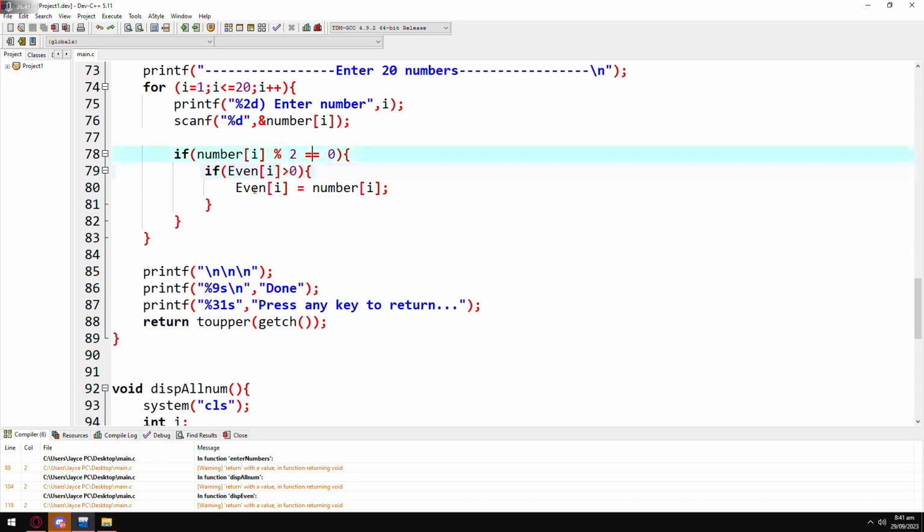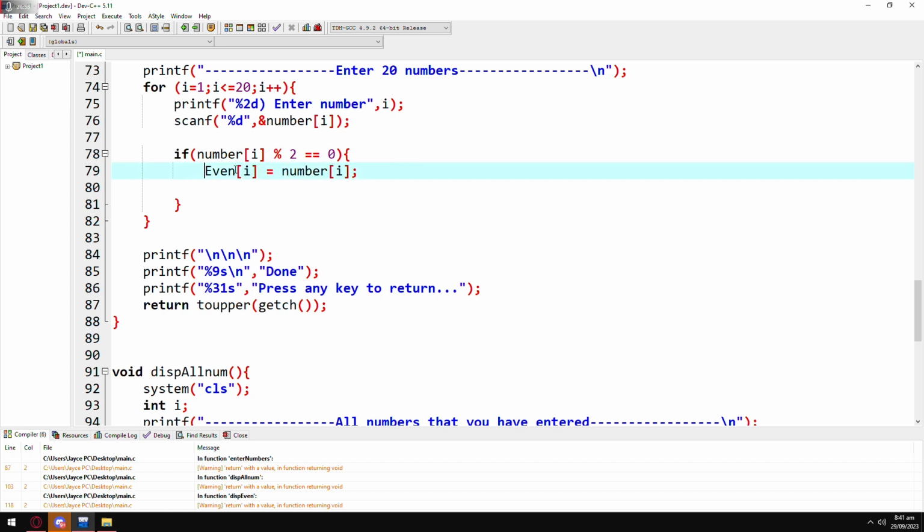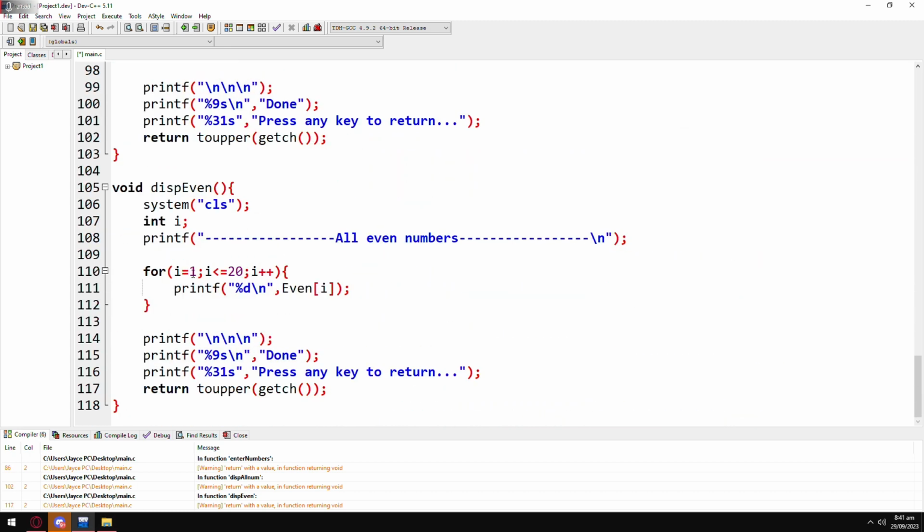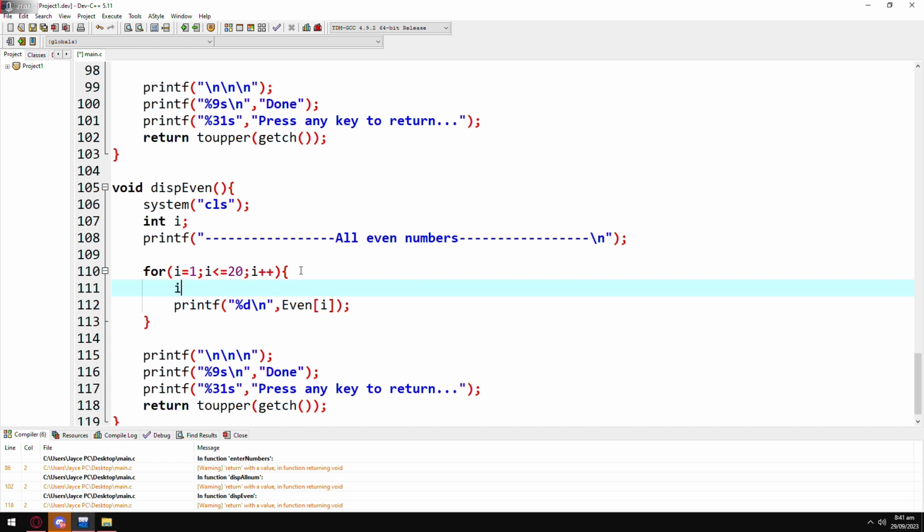Okay, so this block of code doesn't really have to be deleted, I guess, but the one that we should be editing is this part right here. Okay, so I'm very sorry guys. So if even I is greater than 0,